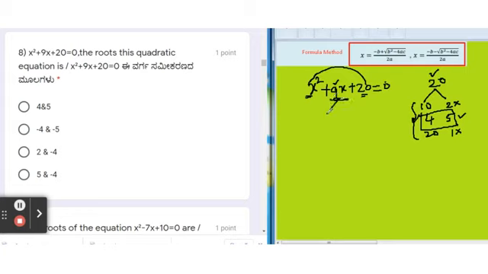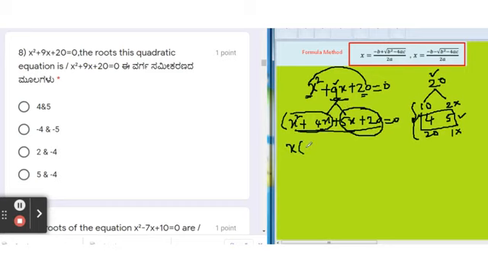So I'm splitting the middle term x square as it is, plus 4x plus 5x. Here I'm taking 4 and 5 as the factors. This factorization method is also called splitting the middle term. As we split, I will take the first two terms as one pair and the second two as another pair. In the first two I will take x common, and in the second two terms I will take 5 common.